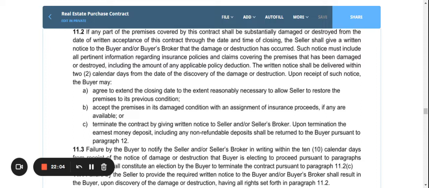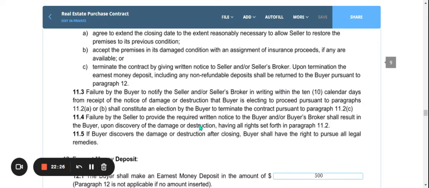So the best option would be extending closing, because the seller could probably use their home warranty to replace whatever's missing. Well, that is probably the best option, because I wouldn't want you to accept it as is, and I definitely don't want you to terminate the contract. So moving forward,